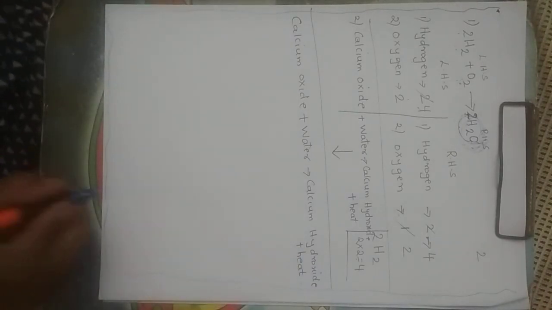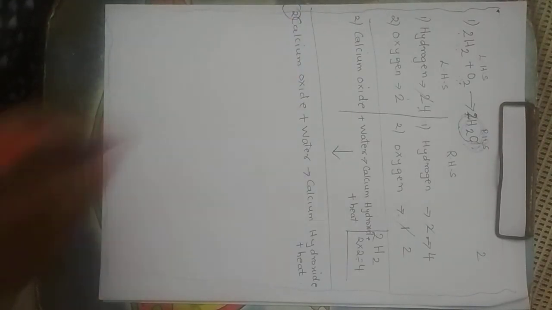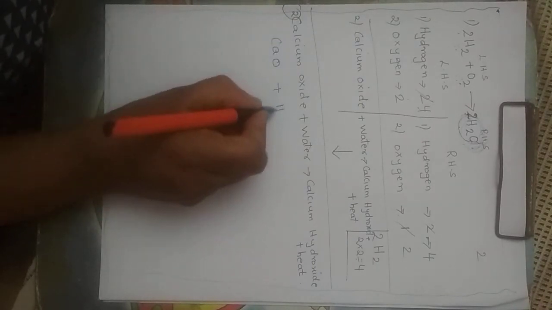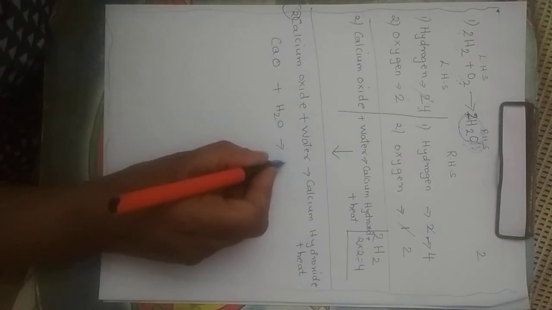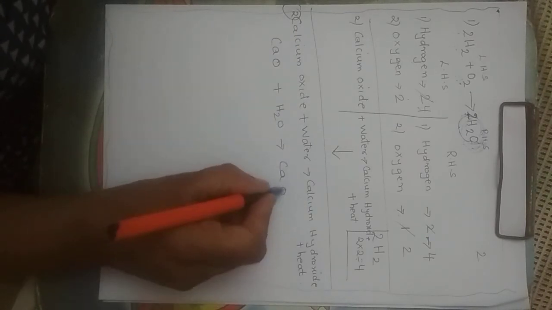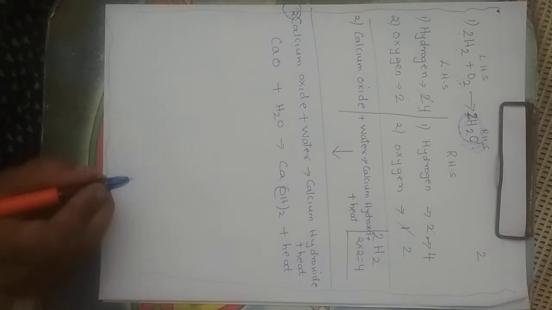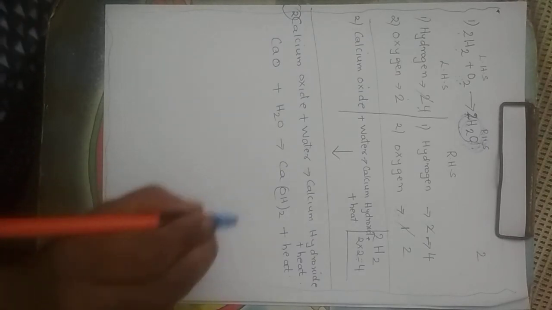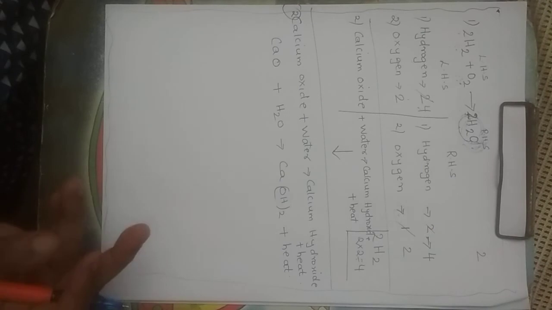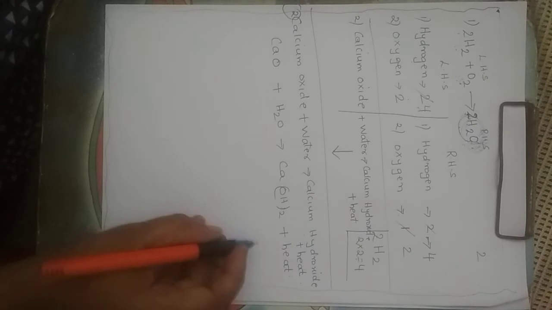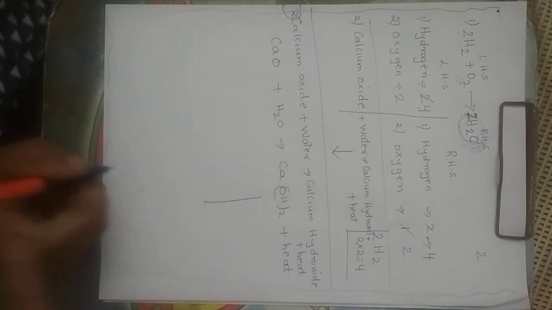Now, we have to know calcium is Ca, oxide means O, water means H2O. Calcium is Ca, hydroxide is OH twice, so Ca(OH)2. Now don't ask me, teacher, how we got Ca(OH)2. I have to ask you all, how did we get Ca(OH)2? See, children, you all should not be spoon fed. You all should know now. We are done in 9th standard. How to write a chemical formula of calcium hydroxide. Now I am just doing one small display. I am just doing only one.